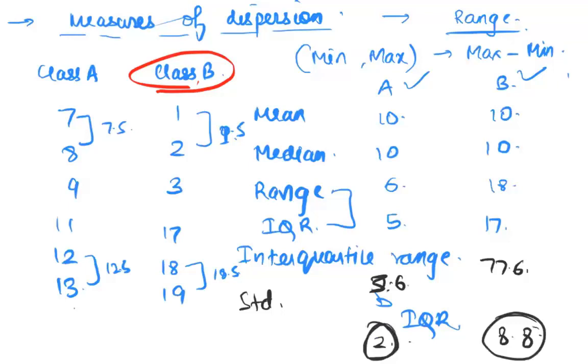So we look at standard deviation because standard deviation is in the scale of the values that you're looking at. Variance is in the squared scale because we are doing x minus mu whole square and then taking a mean of that. So we are taking an average of squared numbers. So it's in a higher scale. So variance is a little more difficult to read as compared to standard deviation. Standard deviation is close to the original. So number 2 indicates that on an average, your points in your population are different from the central tendency measure by 2 units versus 8.8 units. So this makes it very clear.